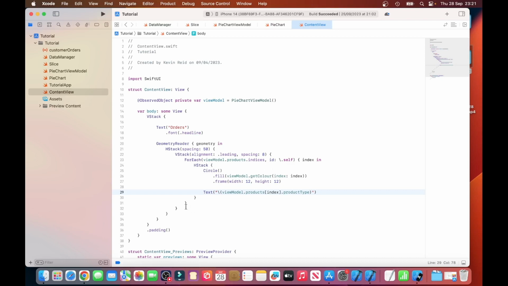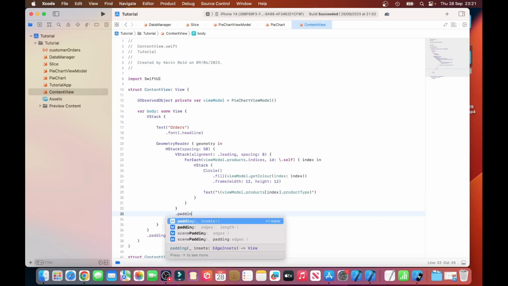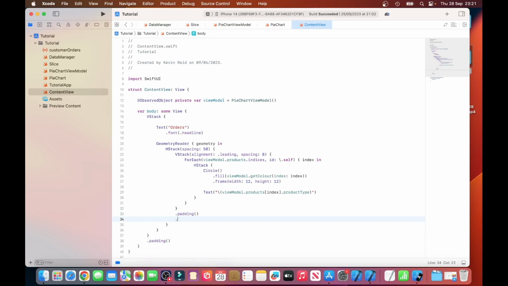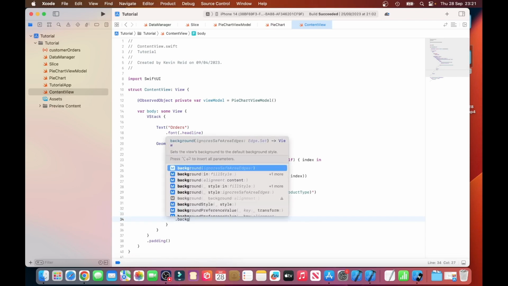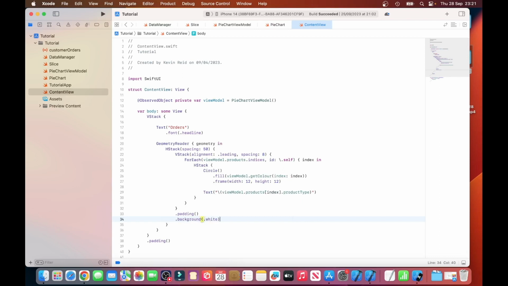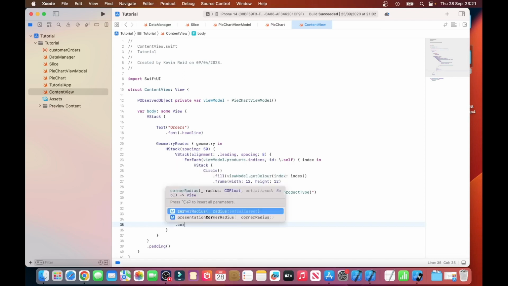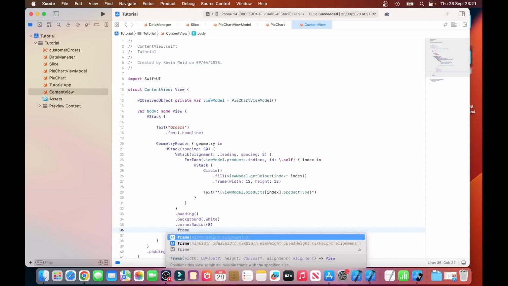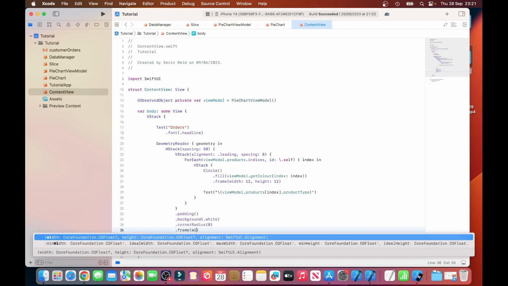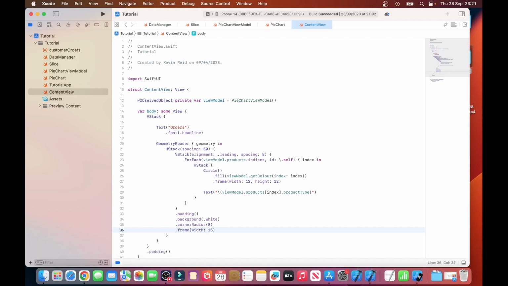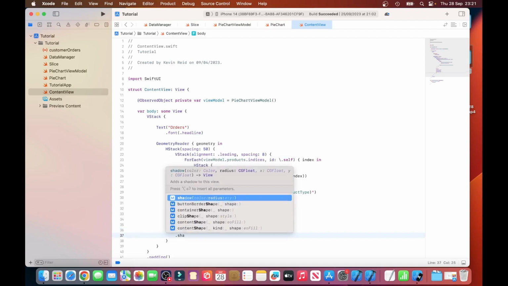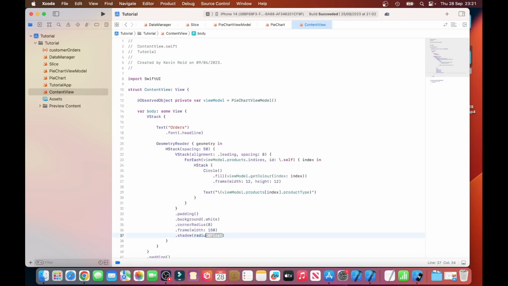And then the next thing we need to do, after line 32, add some padding, background color, which is white, dot corner radius, which is 8, dot frame, the width is 150, dot shadow, color,